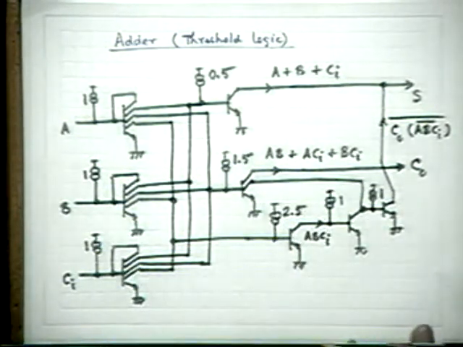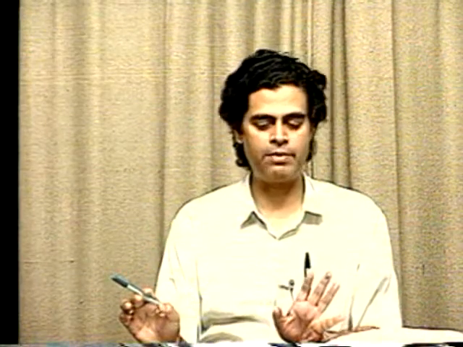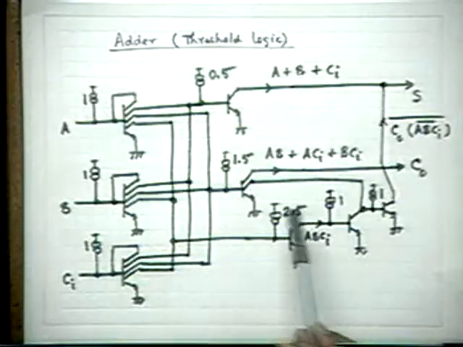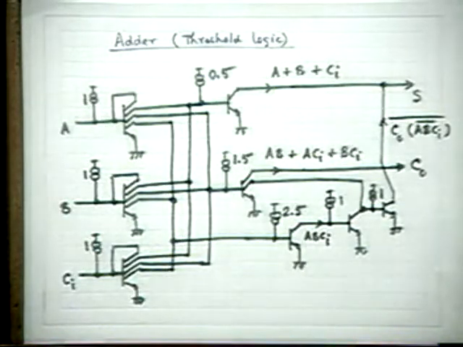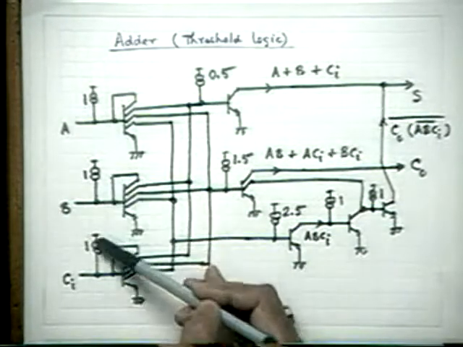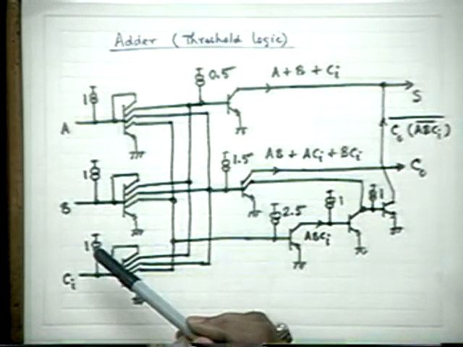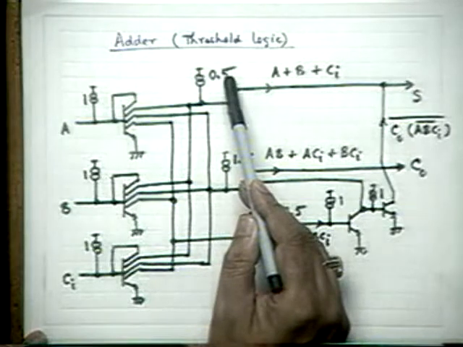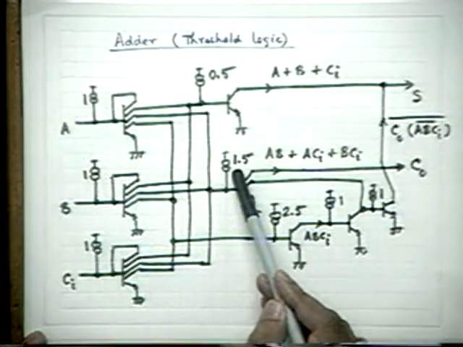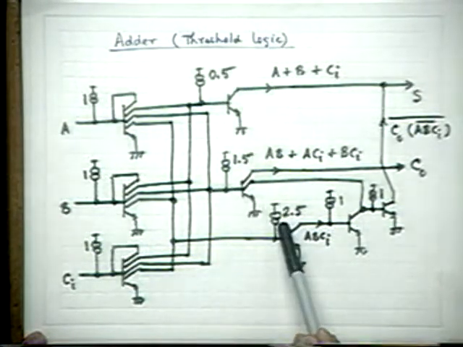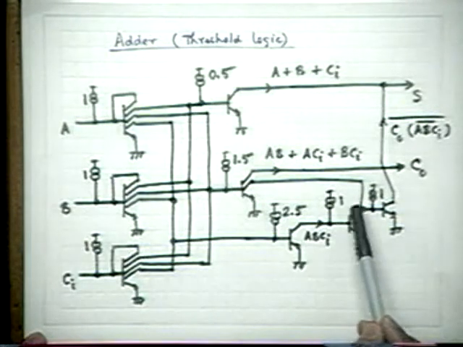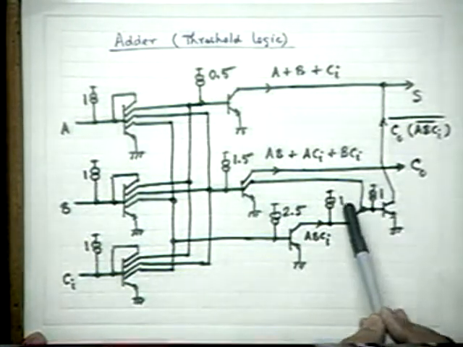It is very simple. What I have done, you see, have you noted down the values of the current sources? These three current sources I have written, one means some magnitude, say I naught, a unit current. This one is half of that I naught. This one is 1.5 times I naught. This is 2.5 times I naught. Whereas these are again the same I naught.